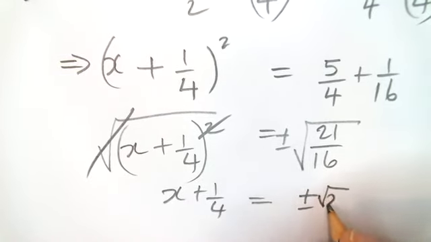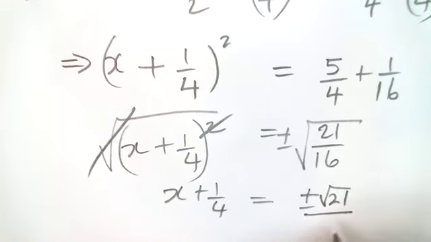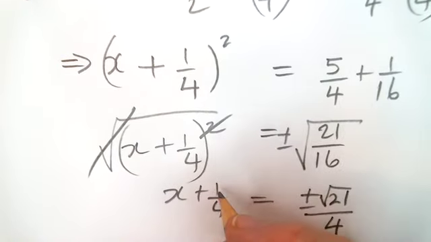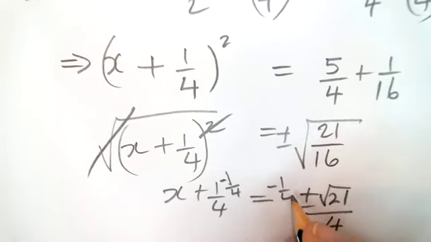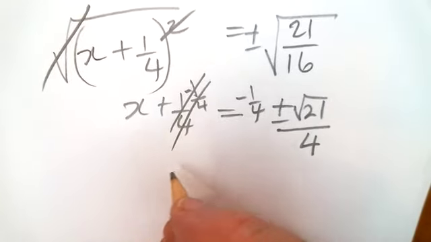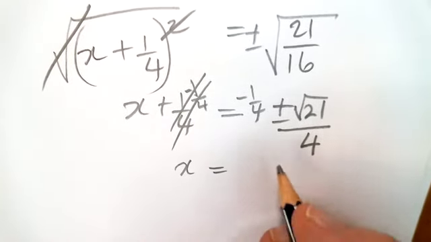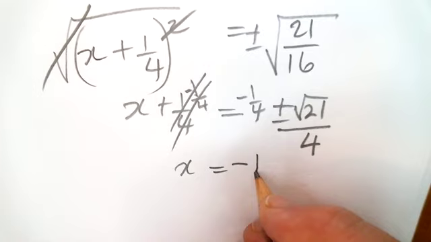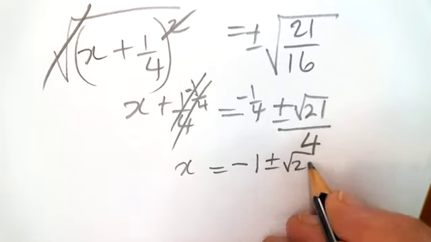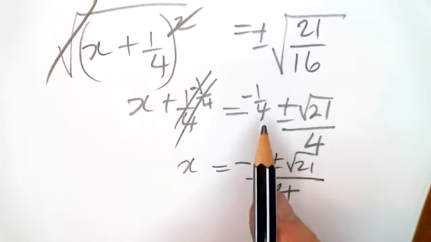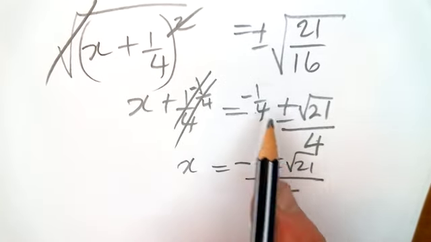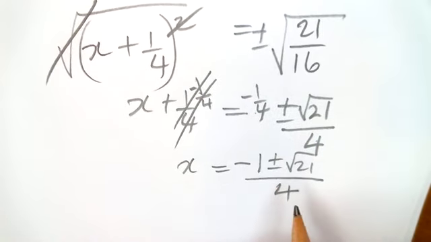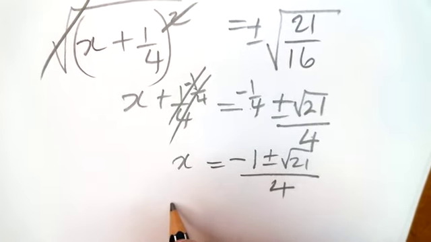minus root 21 over, now the square root of 16, of course, is 4. And I'm going to subtract 1/4 from both sides, leaving me with x is equal to, now this is going to be negative 1 plus or minus root 21 all over 4, because the denominator here is 4, the denominator there is 4, and I'm adding them or subtracting them. And when I've got adding or subtracting with the same denominator, I can use a long vinculum and a common denominator, and that's nice. So either, therefore,